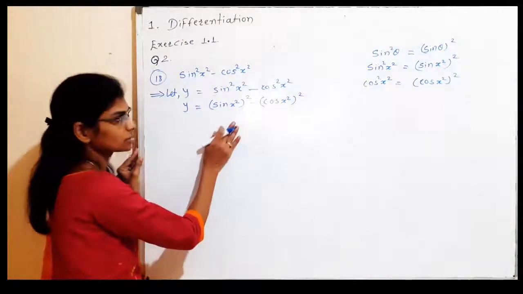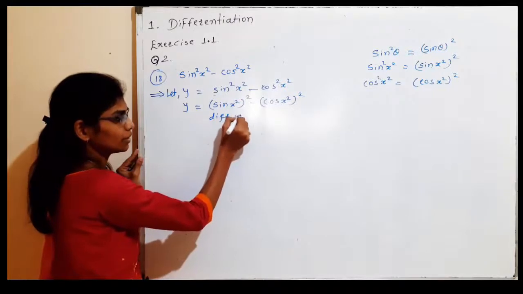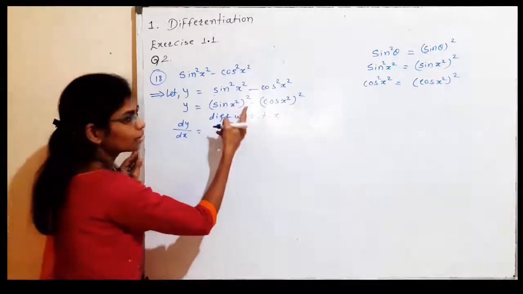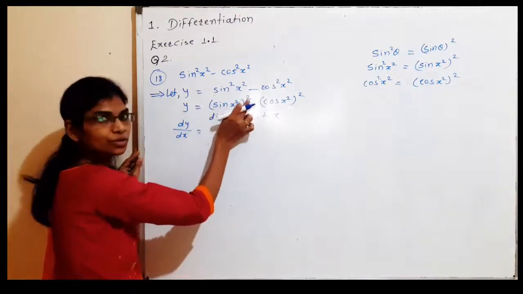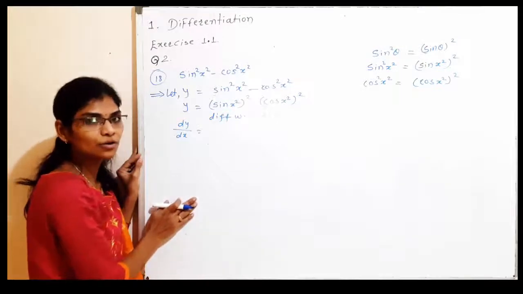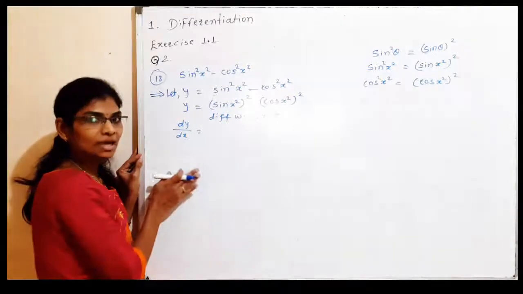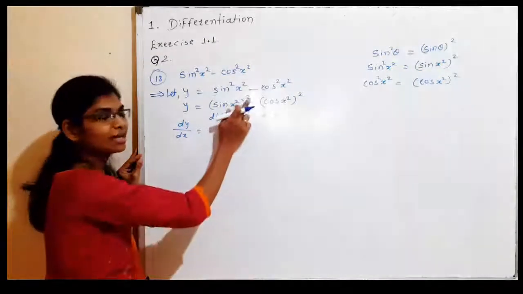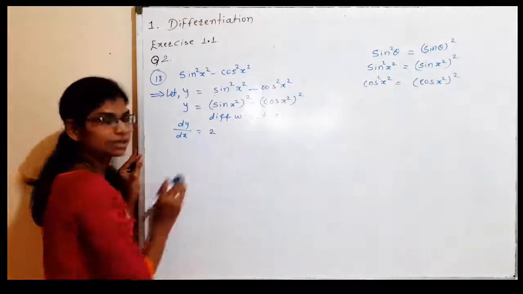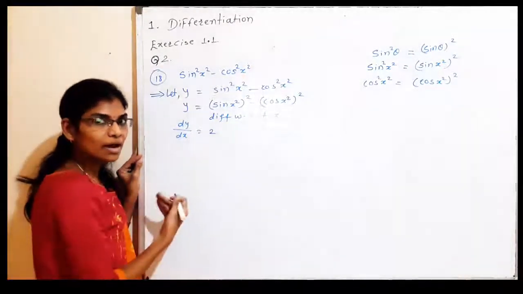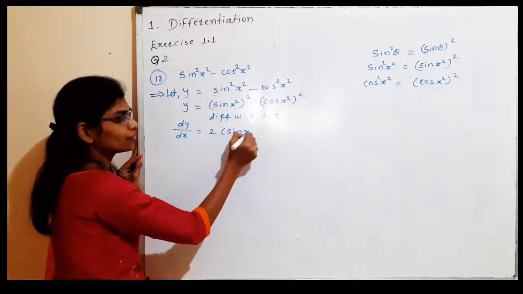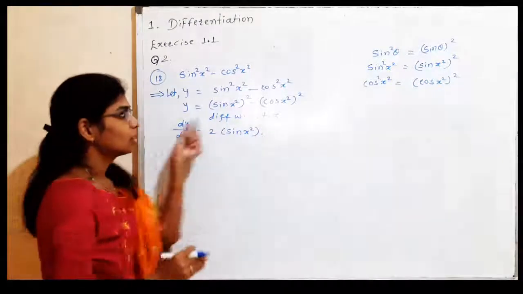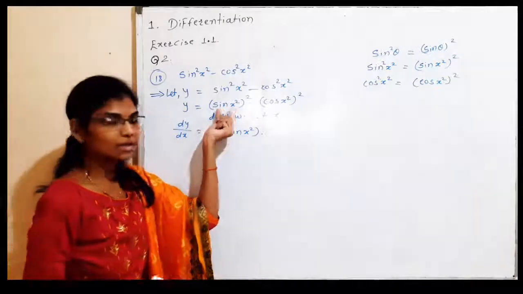Now we differentiate this given function with respect to x. That is why the derivative of y with respect to x is equal to the derivative of the function whole bracket raised to 2. It means here we have to use the formula for the derivative of x raised to n, and that derivative is n into x raised to n minus 1. It means we take the index in multiplication form, that is 2, and the index less by 1. The bracket sin of x square stays as it is, with index less by 1, so 1 as it is here. Multiply by, again we have to take the derivative of this bracket term,